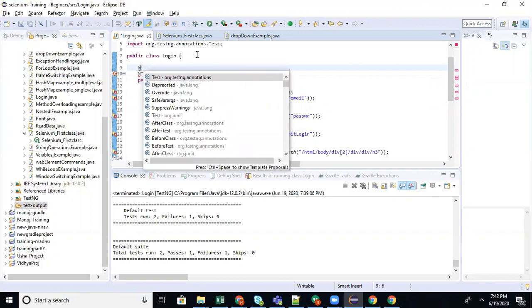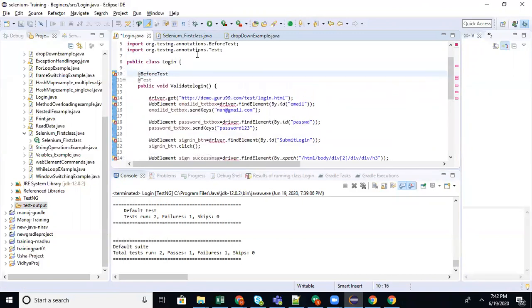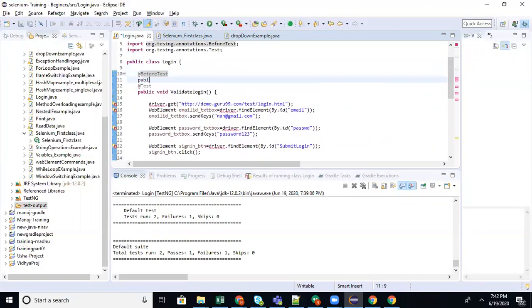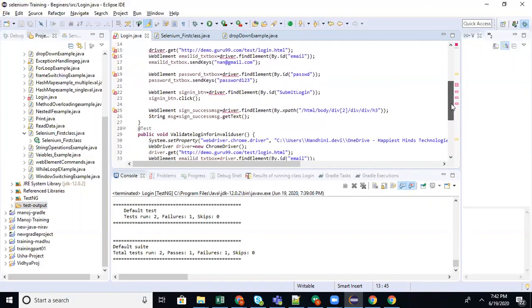What you can write is @BeforeTest. Before executing any test, public void openBrowser, any name you can keep, and in this method you can write the lines for launching the browser.